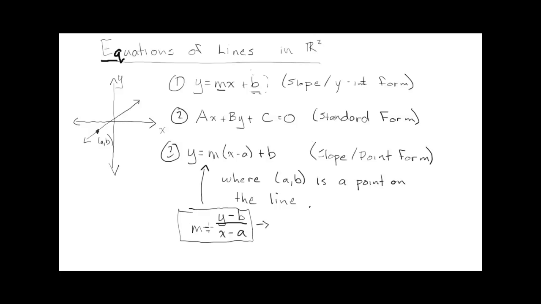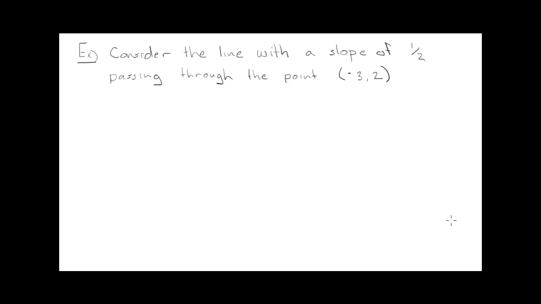Well, if we rearrange that, cross multiply, m times x minus a is equal to y minus b, and then just add b to both sides, so plus b, then we'll get y equals m(x minus a) plus b, which is that, right? So it's really just the slope of a line rearranged. Okay, so these are the forms you should be familiar with. Okay, so now what we're going to do is look at new forms of equations of lines, taking into account